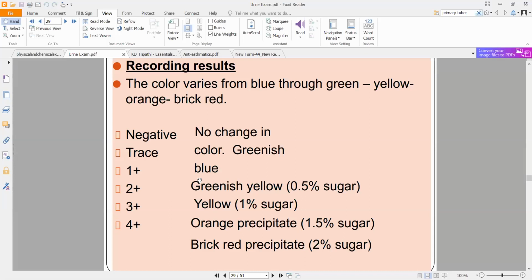So if you get +2, you'll get something in between blue and yellow, wherein you are getting greenish yellow. The next one will be basically yellow. Here the interpretation will be that the percentage of sugar will keep on increasing. In that same urine, the amount of sugar present will increase with change in color, in the sense that brick red precipitate will indicate the highest amount of sugar present in the urine, which basically indicates the patient generally has a condition like diabetes. Okay, brick red or orange red, again it can start all the way from yellow. Even if the patient is having diabetes, they might have it in control.